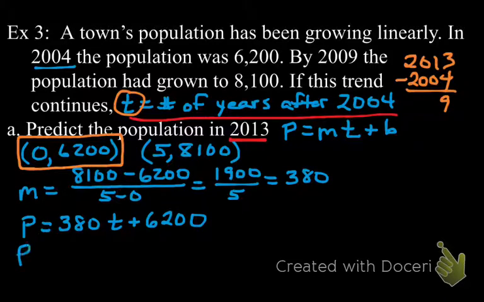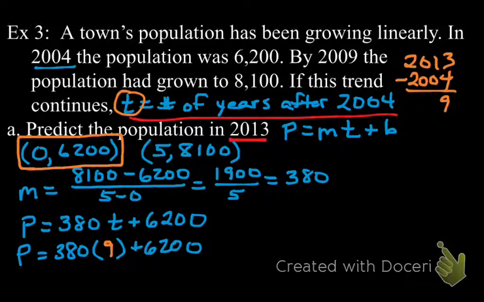P will equal 380 times T, which we figured out was 9, plus 6,200. And once you have that written down, that's really just calculator work. You can actually, on most calculators, just type that in all at one time. So 380 times 9 plus 6,200, and we get